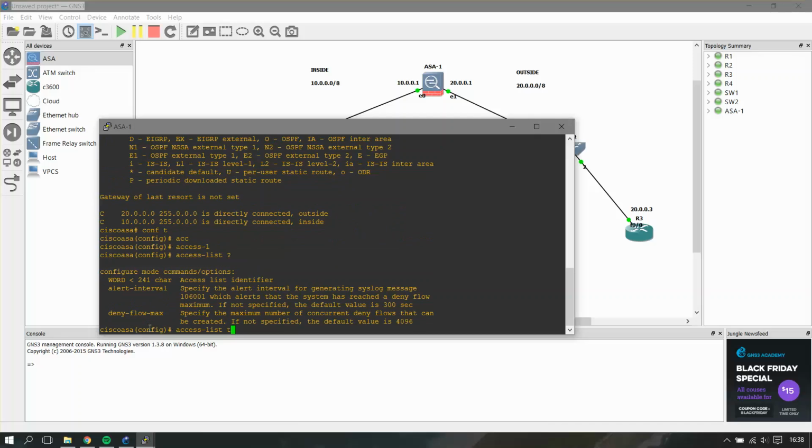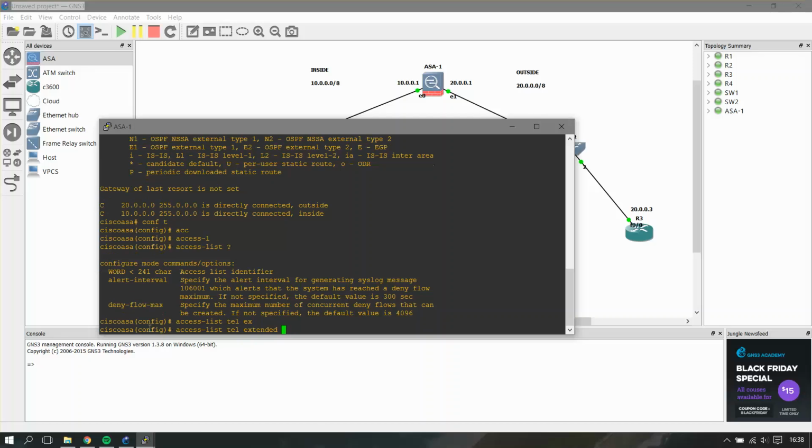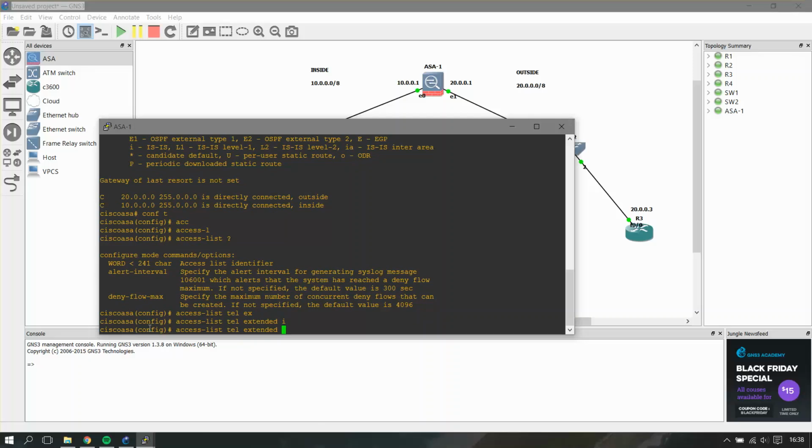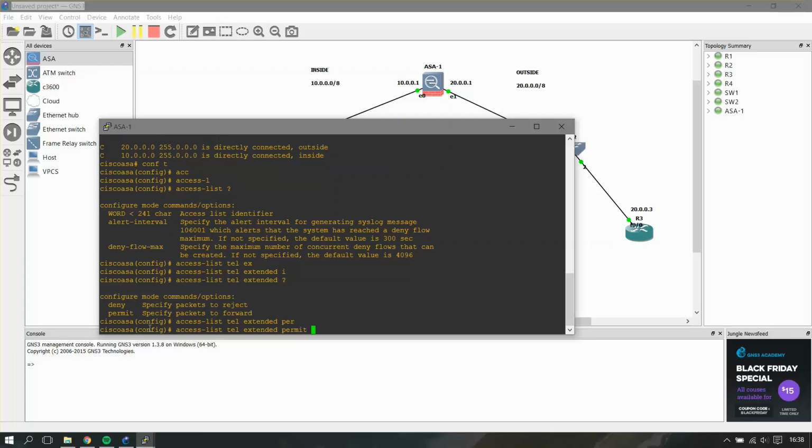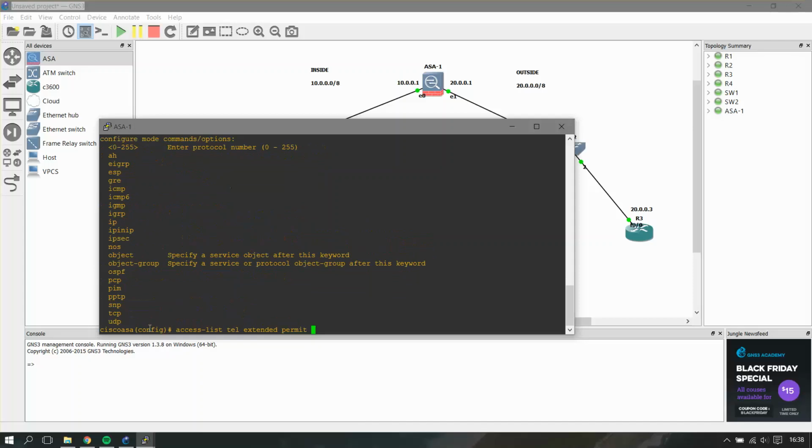I'm just going with tel and then extended, and after this you have to select a permit or deny rule. I want to permit access to telnet, so I'll put permit there, and then you have to select the service or protocol. So I'll select